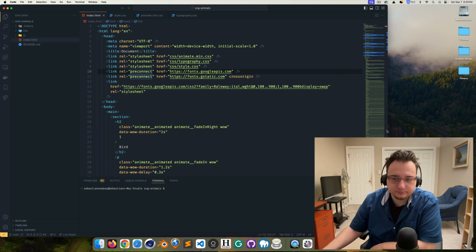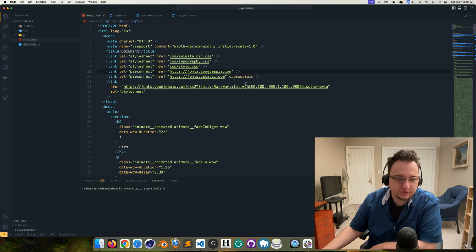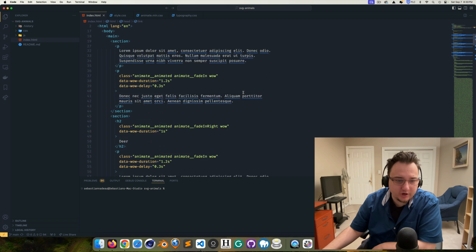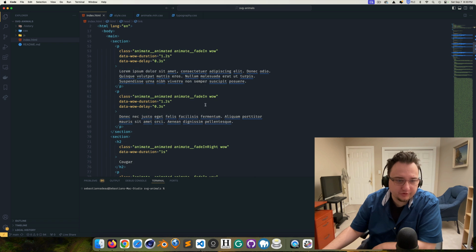So this is essentially the file. It is the index page. It's a standard HTML document. I have a little bit of CSS for animation going on, animate.min.css, picking some fonts, and also using the WOW.js extension or plugin if you want to use it,